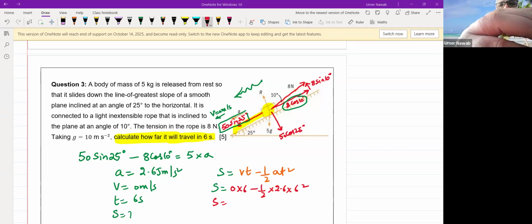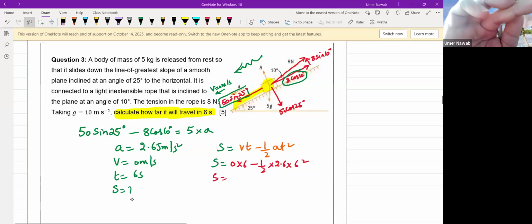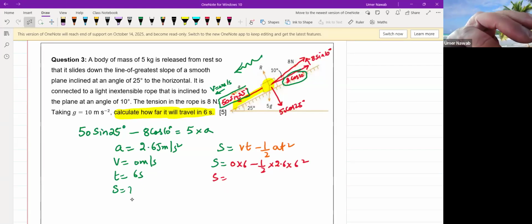Negative. So why did the acceleration come out positive? Let me check it again. My acceleration is 2.65. Okay, I found it. Let's calculate the answer first and then we will see. So 0.5 times 5 times 2.6 times 6 squared, it gives us